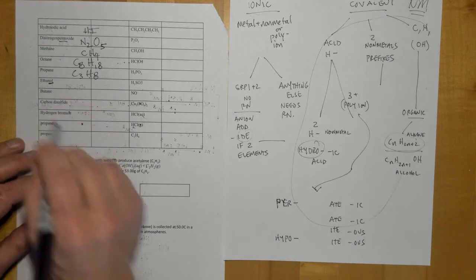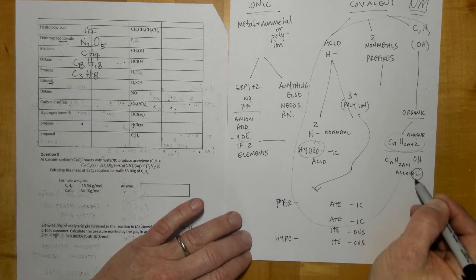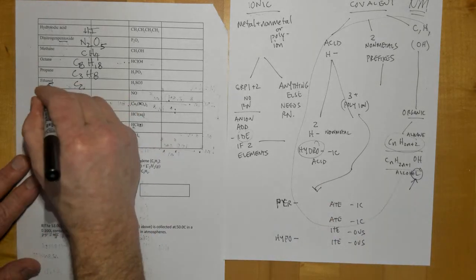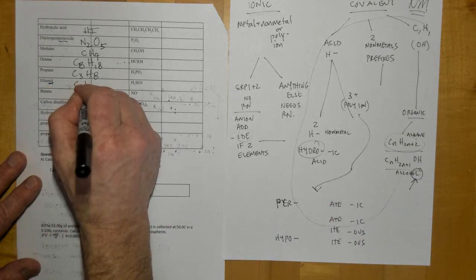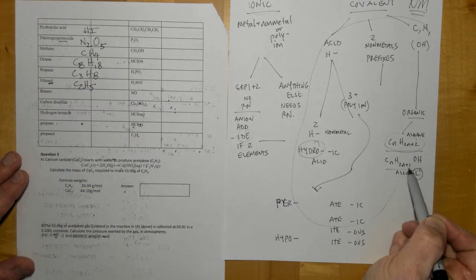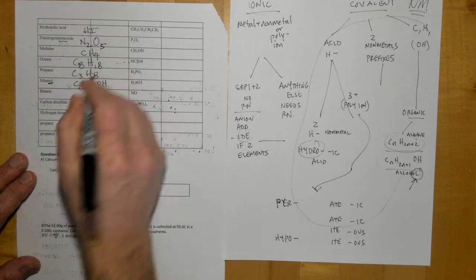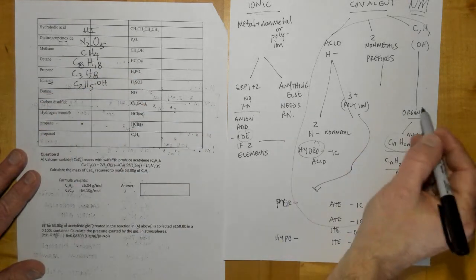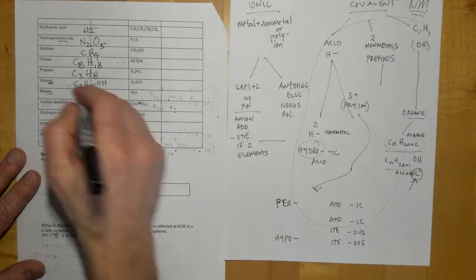Ethanol, now it ends in OL right here, so that means it's an alcohol, and so it fits this pattern right here. So C2, because it starts with eth, H5, because it's 2N plus 1, and then it's got an OH on the end of it, so C2H5OH. Butane, once again, ending in ANE, so it's one of these organics with the C to the N, H to the 2N plus 2, so